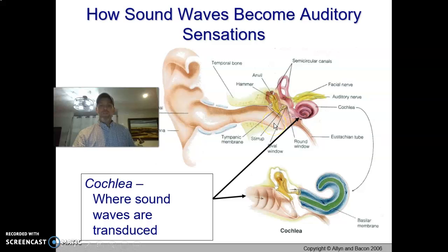All right, so sound wave comes in, vibrates the tympanic membrane, which in turn vibrates the three bones, which in turn moves this little membrane here. And what that does is, within our inner ear, in this cochlea, there's fluid, and there's little hair-like cells that are in that structure, the cochlea. It looks like a little snail. Once that fluid inside the cochlea starts to create little waves, then another organ that you don't have to worry about comes into play as well. Basically, those waves are transduced into the auditory nerve